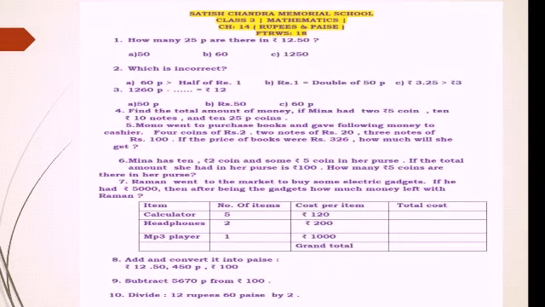Now this is your homework. Worksheet number 18. Final term revision worksheet number 18. 10 questions are here, and if you want to check the billing questions, you can check the previous videos. There are some billing questions we have given you previously, so you can check them and practice them after revising.